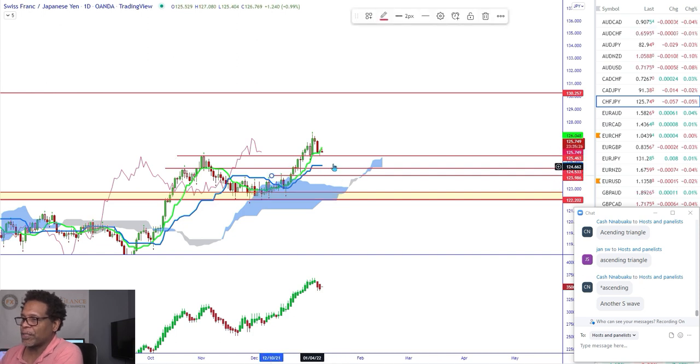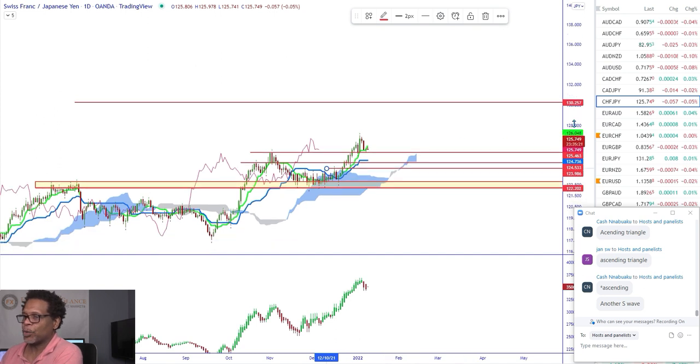But I think at this point we're going to start looking for a long trade again, because now when you look at this daily time frame, you still have the N wave developing. It's not all the way complete. I don't think the level is complete, because you have this right here. So I think you still have more of this N wave, and let's see what this daily N wave level would be. Let's mark it real quick.